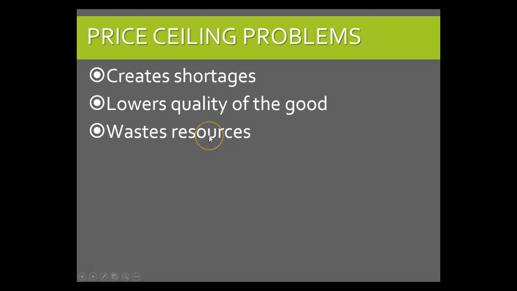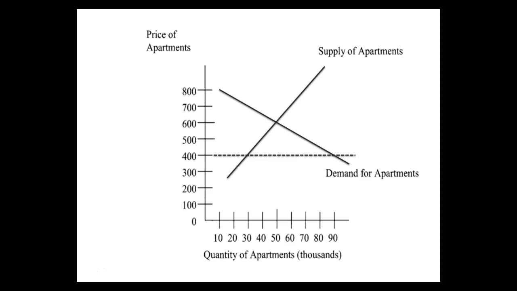It also creates a waste of resources, because you now have, in our example, 60,000 people trying to find an apartment. Most people looking for an apartment won't get one. So when an apartment does become available, you're going to have lots and lots of people drop everything that they're doing at work and dash to the apartment to try and be the very first person to make it. That person will lease the apartment. Everyone else is left without one. And not only are they left without an apartment, but now they're not doing their work.